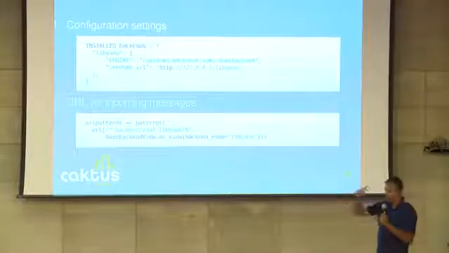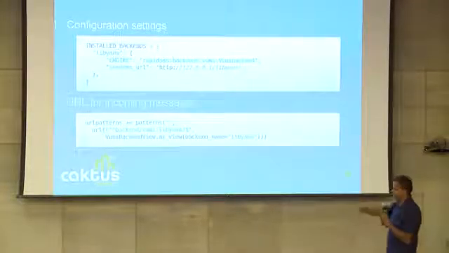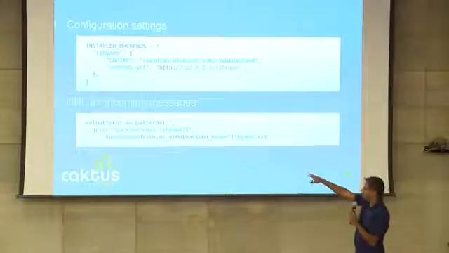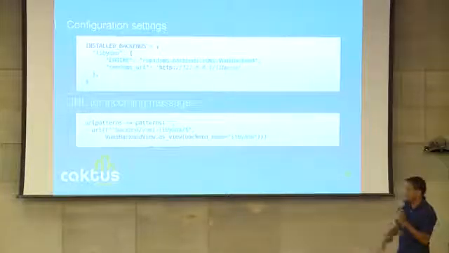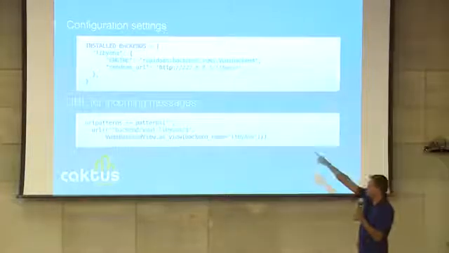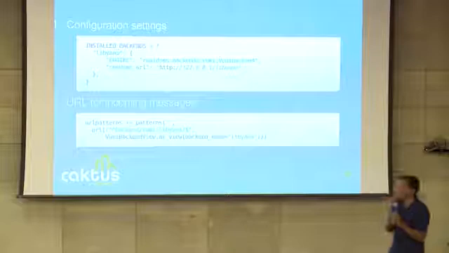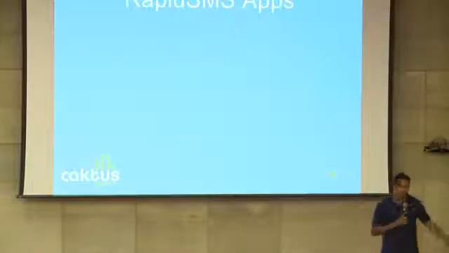If you want to get messages into your system, then you need a Django URL. So you just set up a URL. We call this one backend Vumi Libiana. Point that to a view, and this one is built into RapidSMS, and then give that backend a name which links to the installed backend name up there. With those two settings, you would have a working backend.